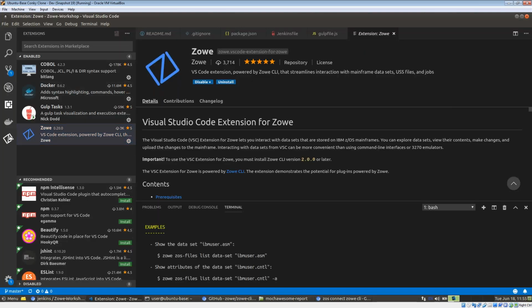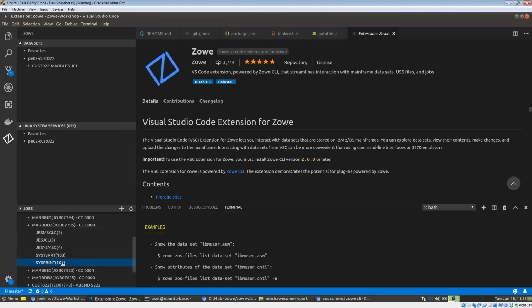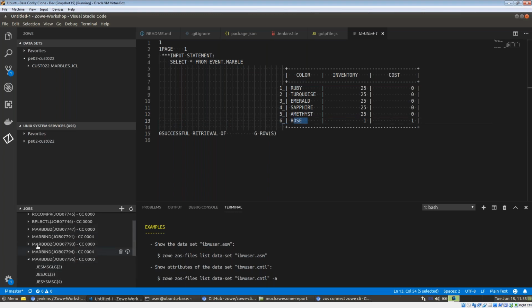I showed it is actually submitting these jobs under the covers, through the CLI, and they're coming back in my view. So just to view one, I'm making sure that when I did that test to create a marble, I'm ensuring that my inventory for this rose marble is 1, which is what I added in the test. Because before I ran that,